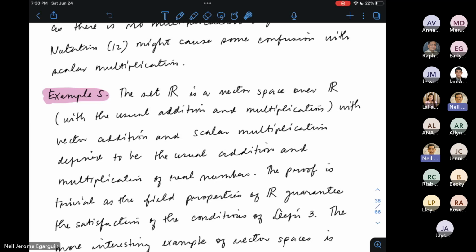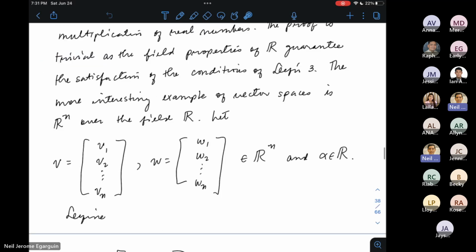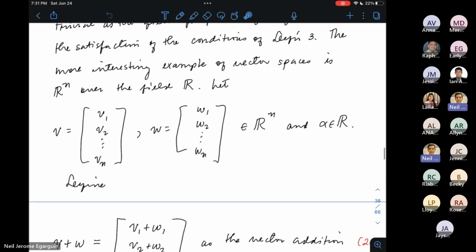Though hindi to magandang example, gusto ko lang ipakita na ito yung pinakamadaling example. Pag may field ka in general, pwede mo siyang i-consider as a vector space over itself. Na yung set of vectors at saka yung set of scalars ay parehas yung field na yun. That's the easiest example of a vector space if we are coming off from the concept of fields. All right? Pero mayroon pang isang madaling gawin at ito na yung usual na nakikita natin na vectors sa physics.